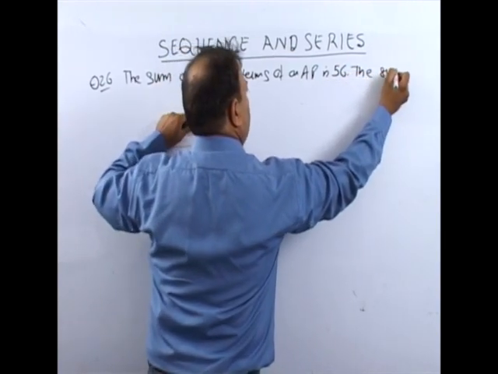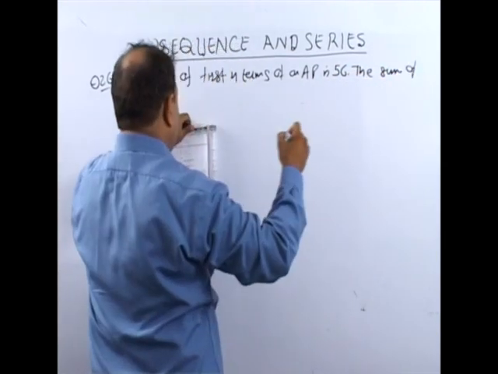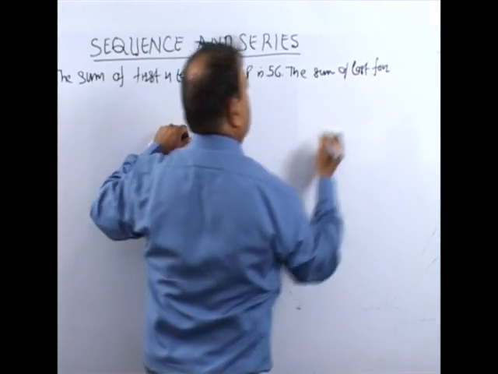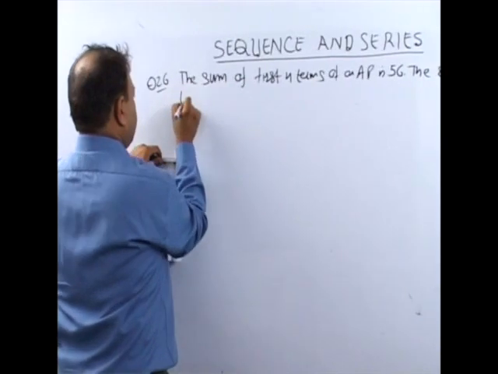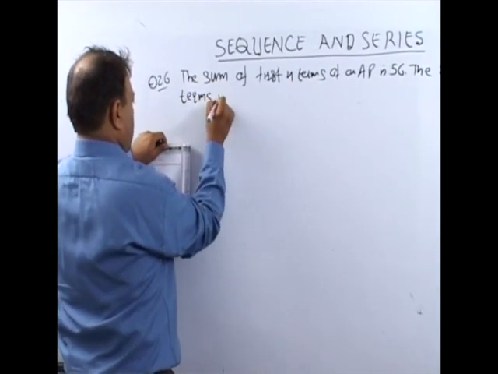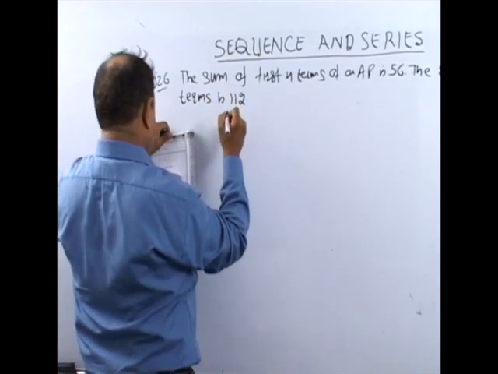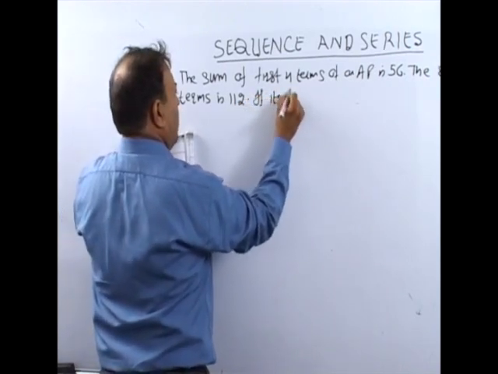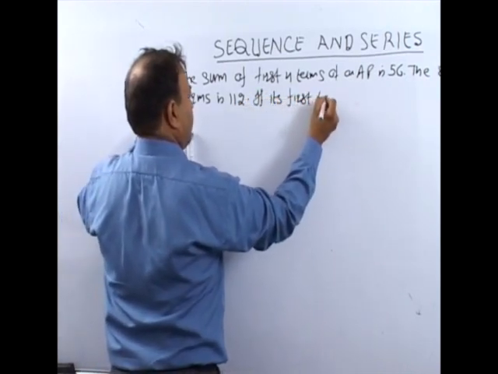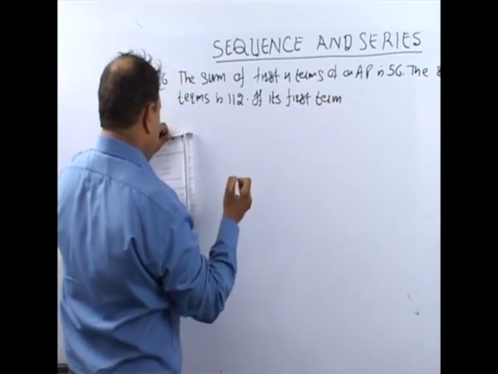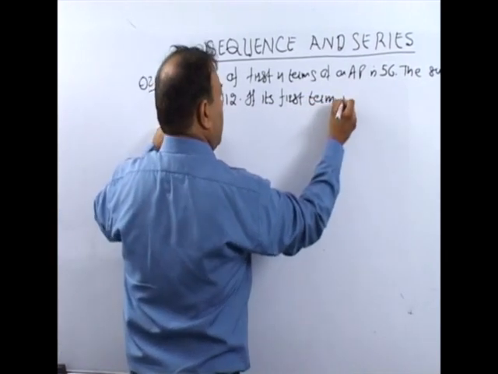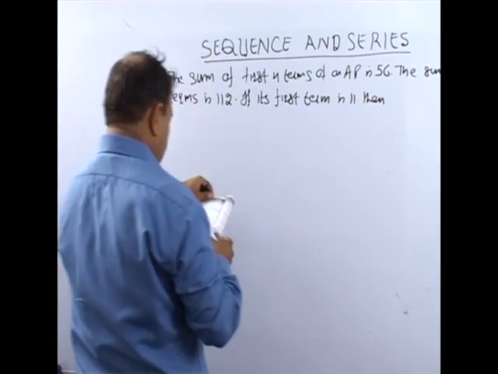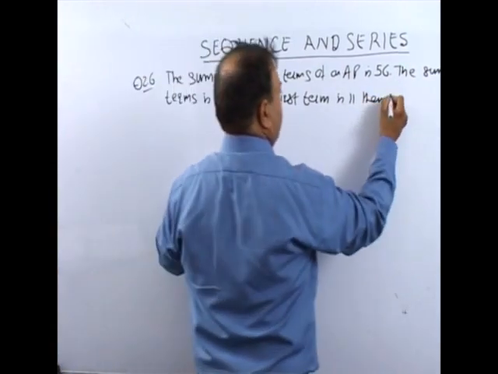The sum of last four terms is 112. If its first term is 11, then the number of terms